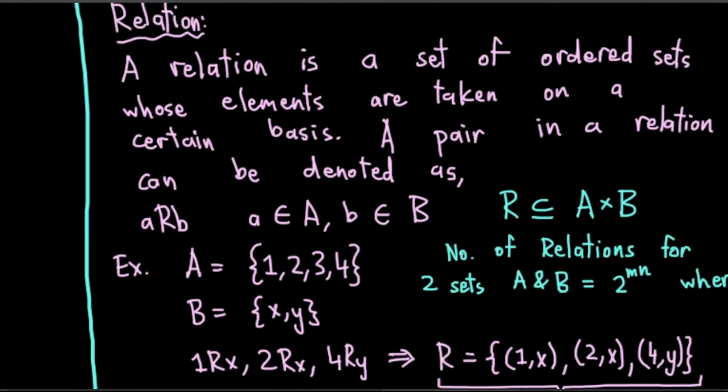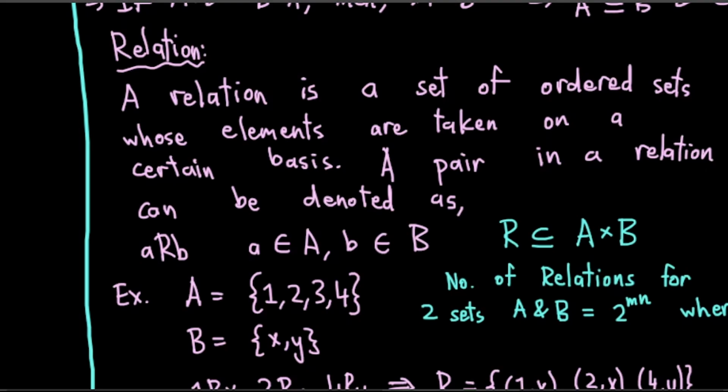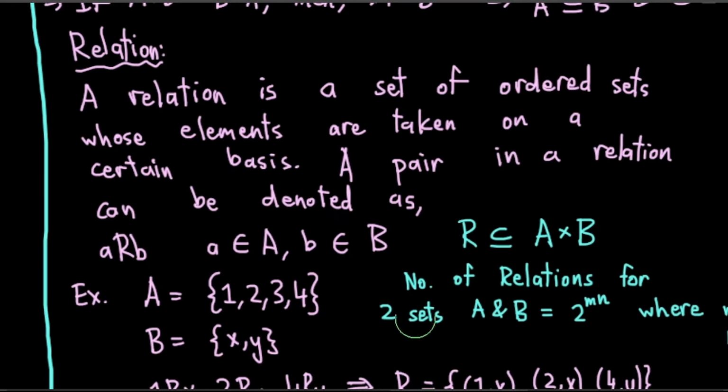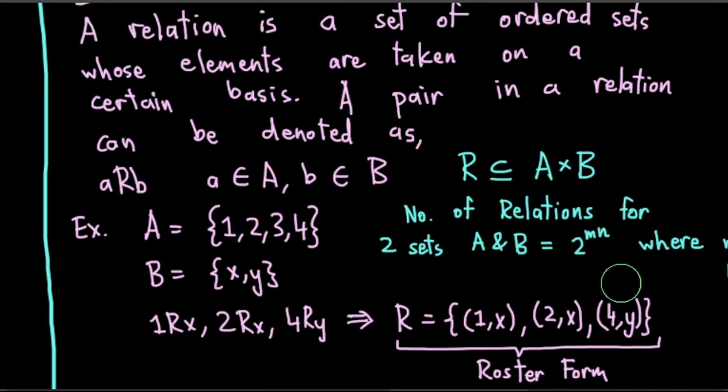Now we actually come to what the chapter was named after, relations, right? A relation is a set of ordered sets whose elements are taken on a certain basis. A pair in a relation can be denoted as A capital R B, where A belongs to the set A and B belongs to the set capital B, and taking R to be the set of all the actual relations there, it's always going to be a subset of A into B. I'll just come to that in a second, because all those fancy words sound tough. That's literally why set theory relations are so long. Just unhelpful wording and notation,